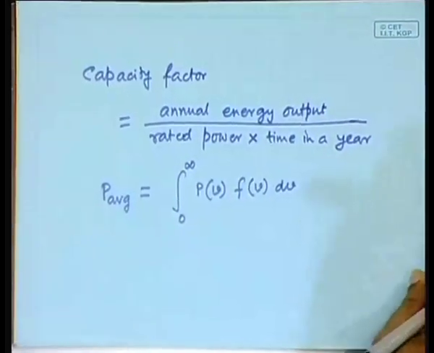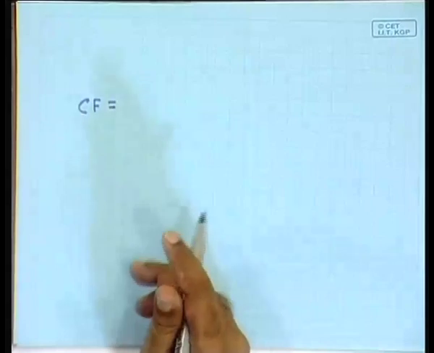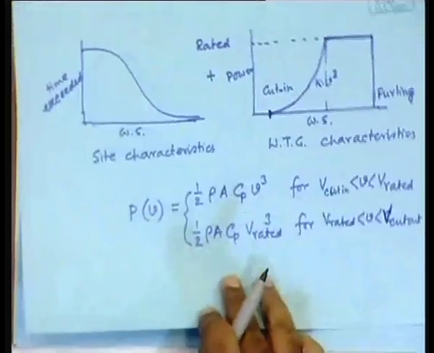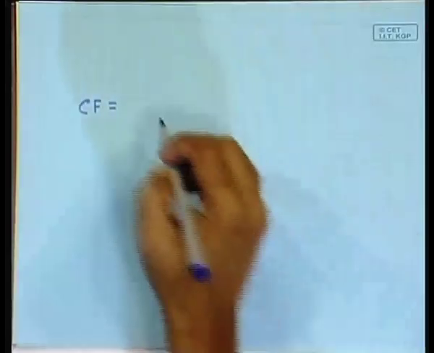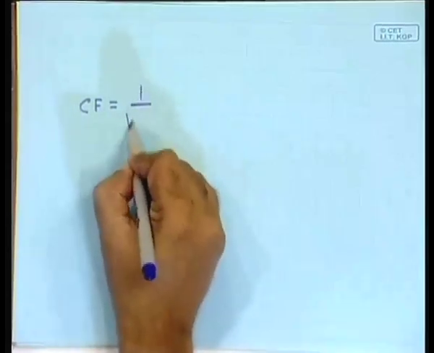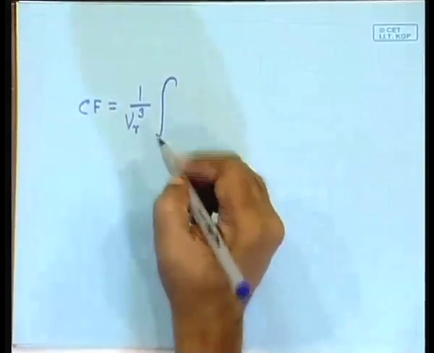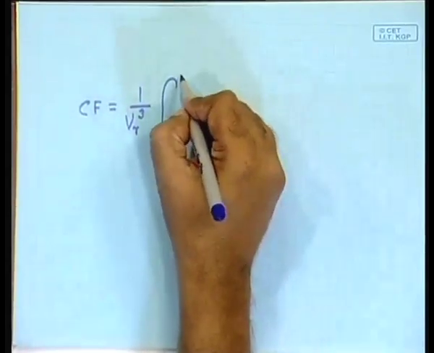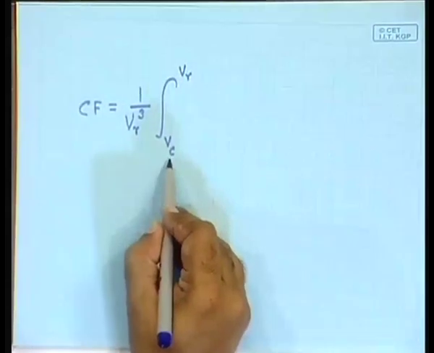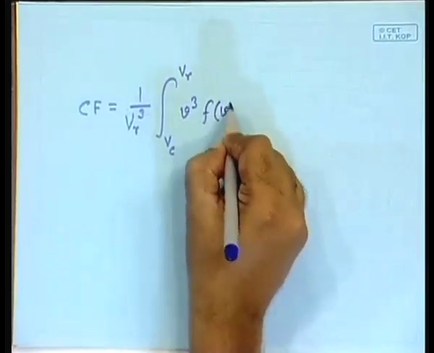So, analytically if you express this, then your capacity factor expression, CF, will have two components. You will have to integrate once over this range and again over this range, so it will translate to 1 by V rated cube, integral from V cut-in to V rated, V cube f(V) dV,